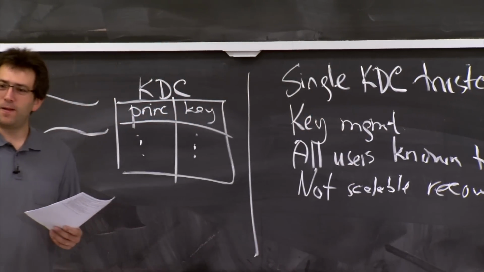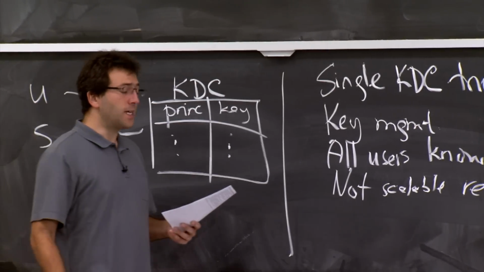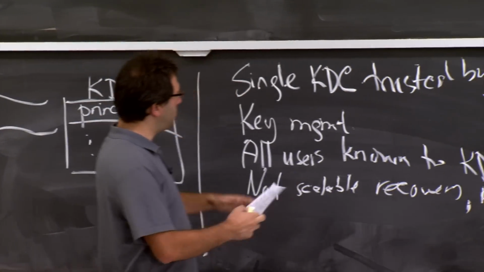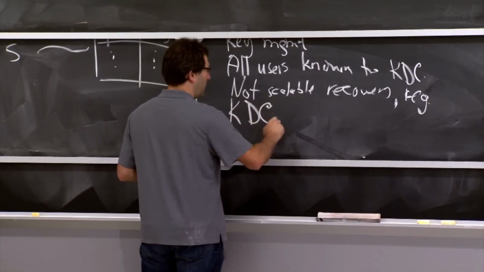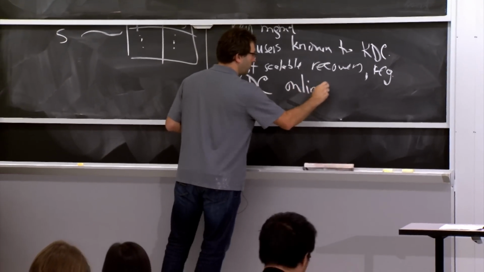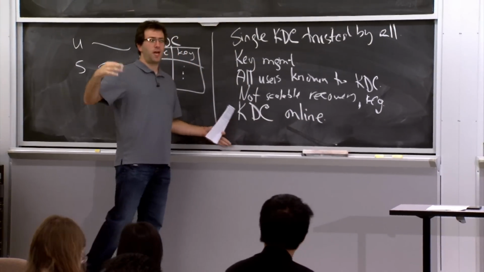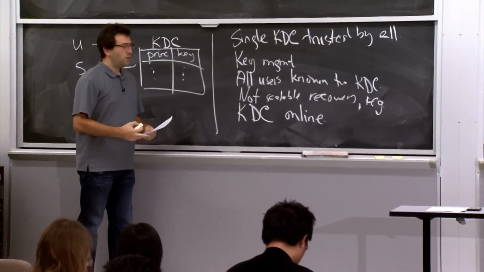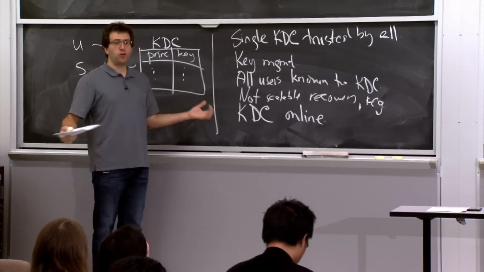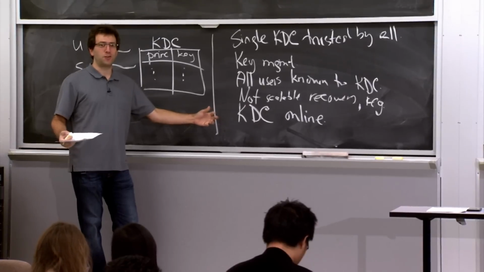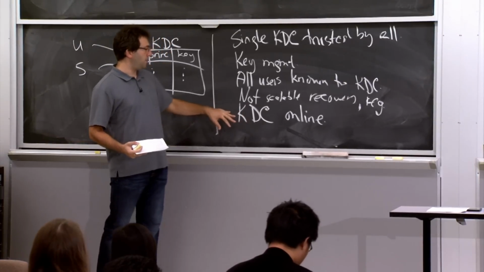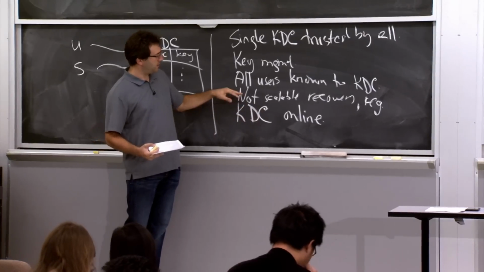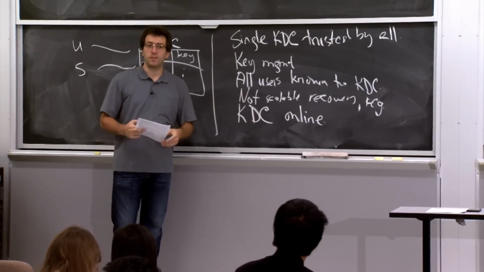Yeah. The KDC needs to be online. Yeah, so that's another actual problem. These are sort of management issues, but at the protocol level, the KDC has to be online because it has to actually mediate every interaction you have with a service. So it means that on the web, every time you go to a new website, you'd have to talk to some KDC first, which would be a bit of a performance bottleneck. So it's like another kind of scalability. This is performance scalability. This is more management scalability kind of stuff.